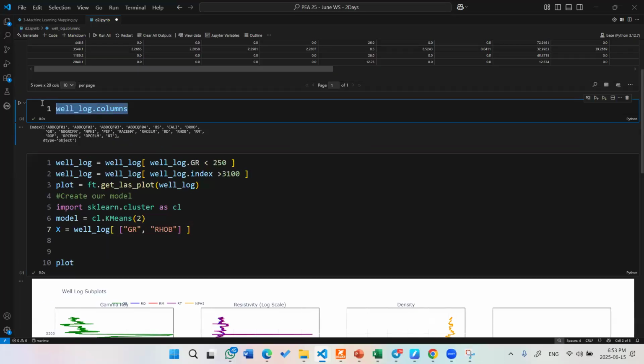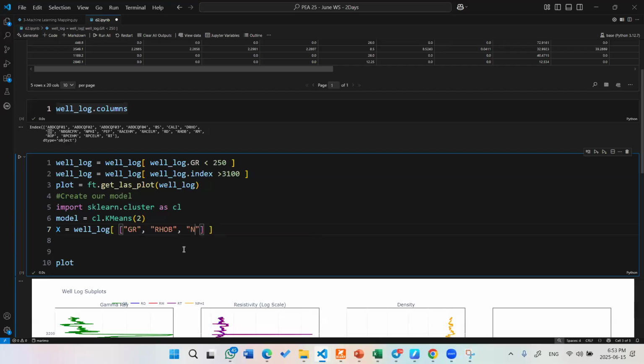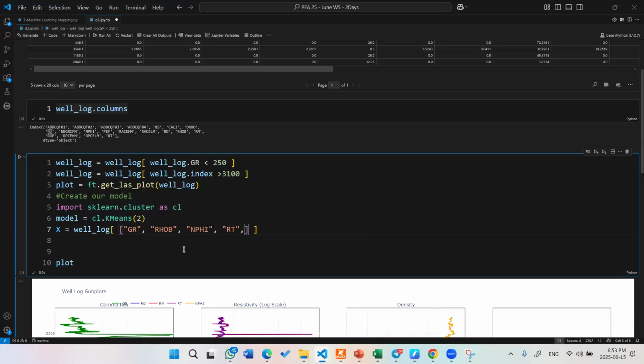Because you already printed out the columns, and the columns contain all the names that you can select for training. Okay, so for other variables, we are going to use the neutron density, or the neutron porosity. We're also going to use the actual resistivity, and the resistivity intermediate,